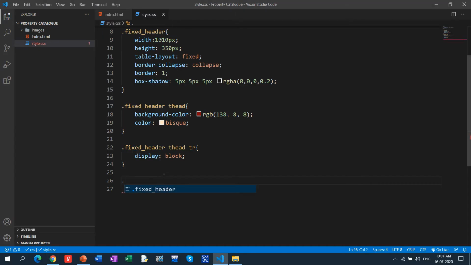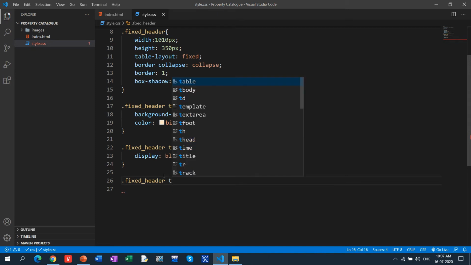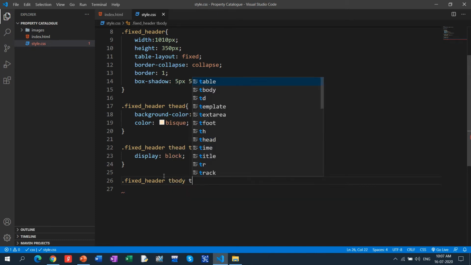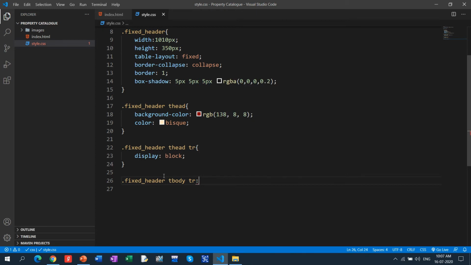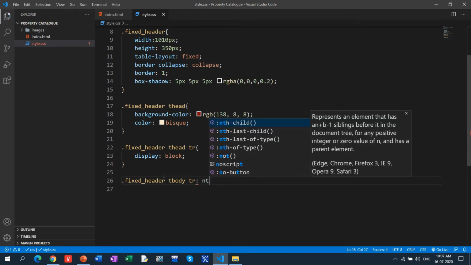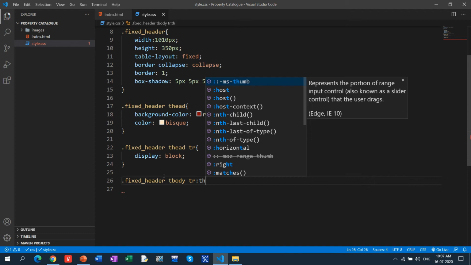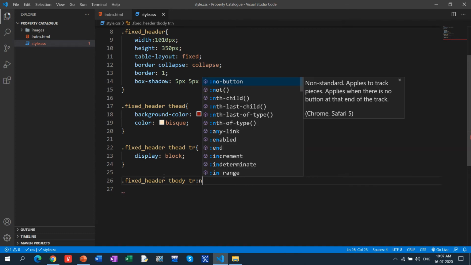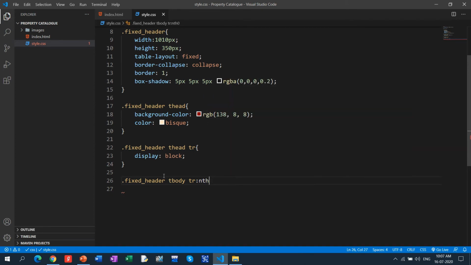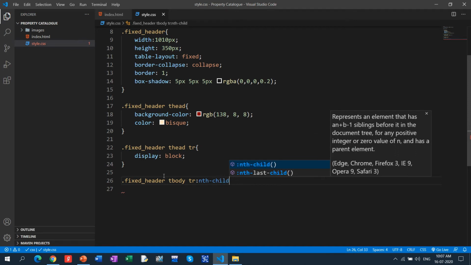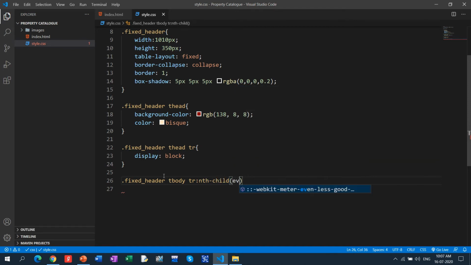Okay, so for that, fixed header tbody tr. Inside this tbody, it will affect only the rows. Nth, this is one important thing, just note it down, nth-child, right? Within the bracket write even. If you make it nth-child even, then in the second bracket you write the background color.